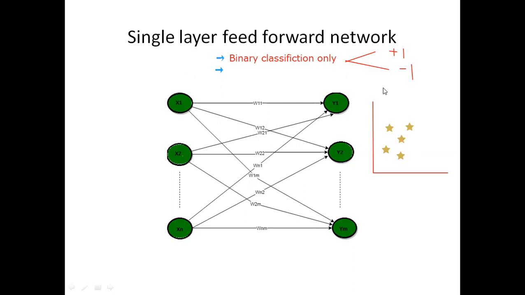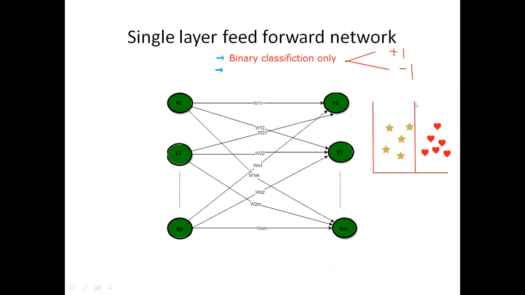Here I have one kind of data items, and here the second kind of data items. This is the total data set which I have. So how are we going to separate this data? How are we going to classify this data? By drawing a linear line in between these two kinds of data points.